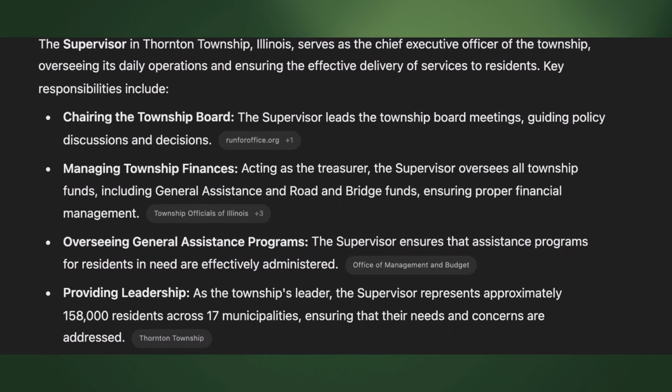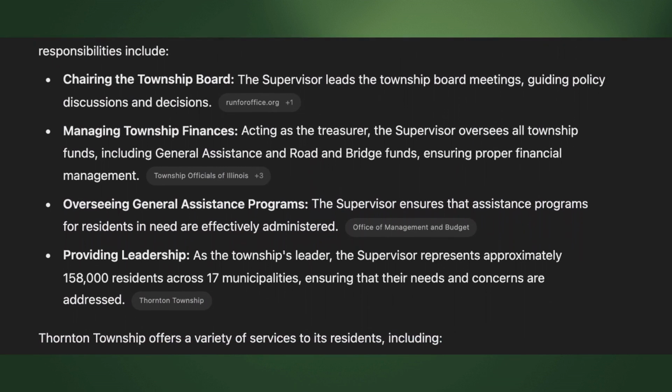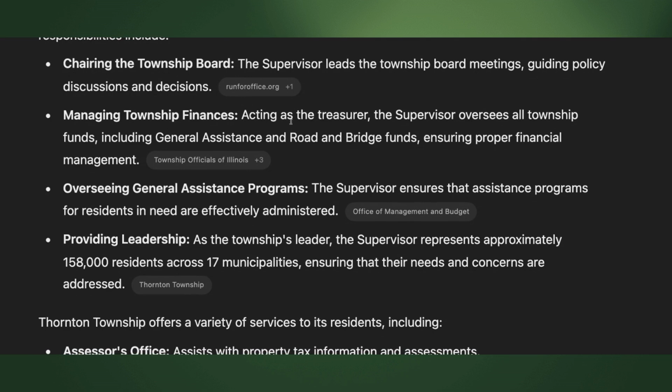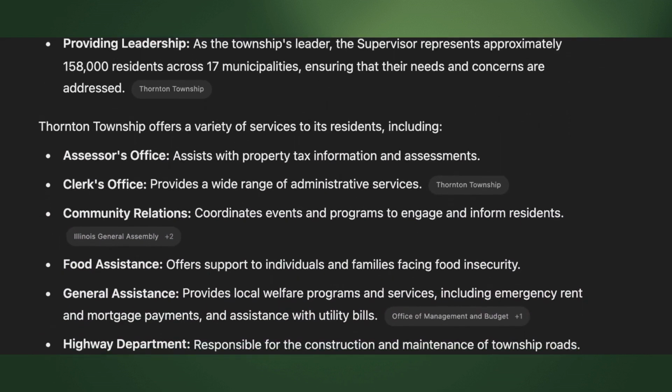So a lot of that stuff, respectfully, the question about businesses, that doesn't fall under here anywhere. That seems like a town mayor type of thing. I do think streets fall under roads and bridges, of course, but beautification, I don't think that falls under it anymore. I kind of thought it did, but now I'm looking at the duties and responsibilities. I don't think so. So let's look at what the actual township does.